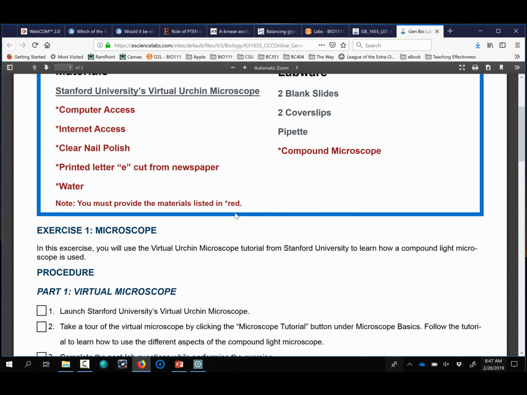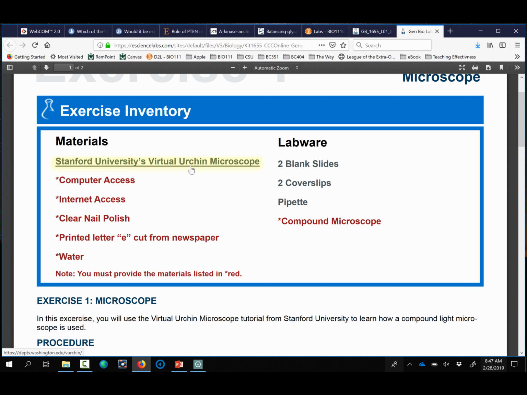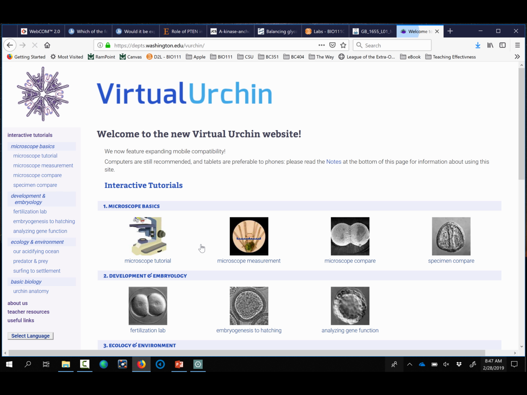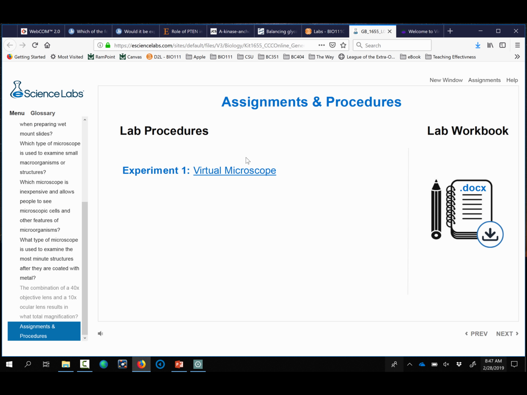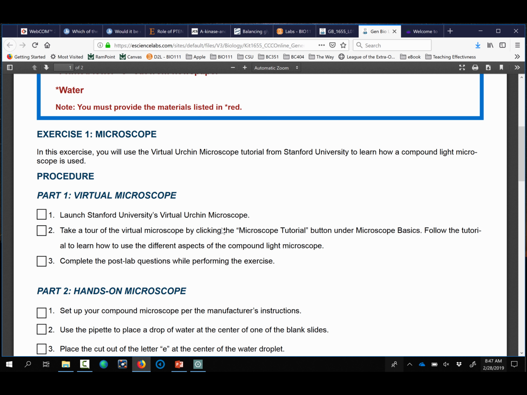And in this, it says launch Stanford University's virtual Urchin microscope. Now you can click here, and that will take you to it, or you can click here, and that will take you to it. Either one of those is going to take you to this virtual Urchin microscope. So I'm going to go ahead and click on this. Unfortunately, it doesn't open in a new window, so I'm going to go back here, open this back up, so I can come back here and read our